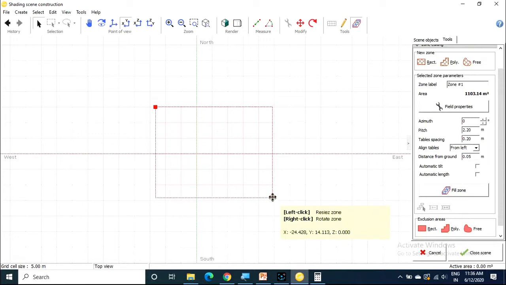Right. So 1103 is approximately equal to 2 times. Now in this area, you have to place your solar modules. See here, the pitch distance is 2.20 meters. That means from panel to panel, the distance is 2.20 meters. And then